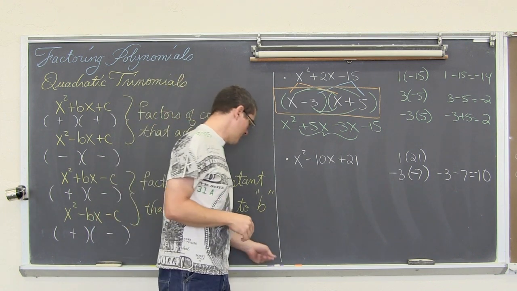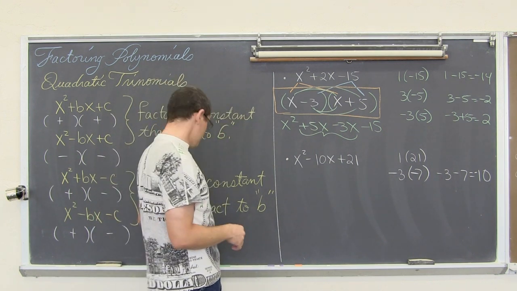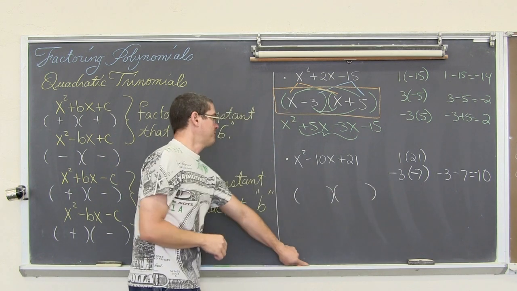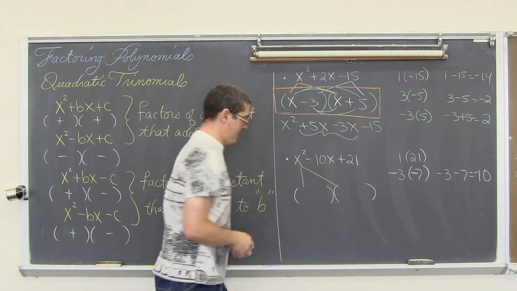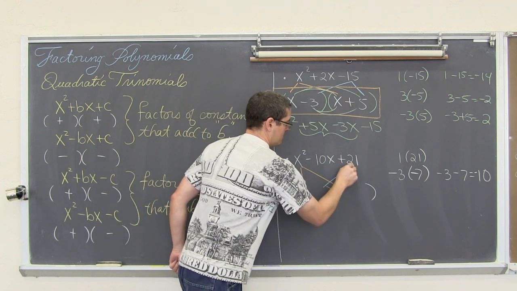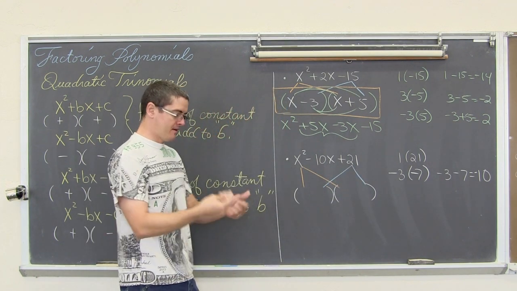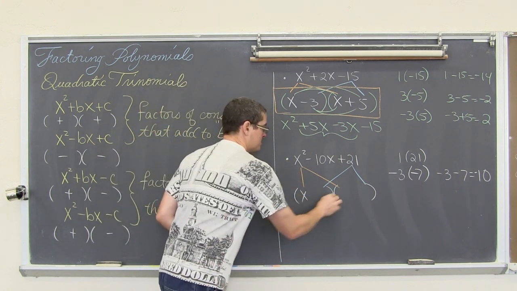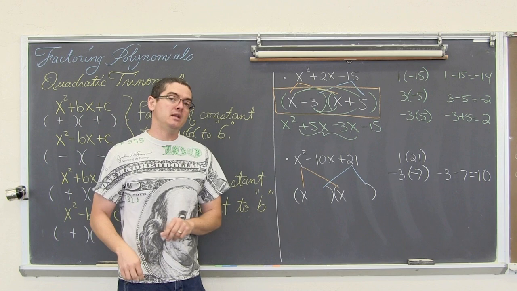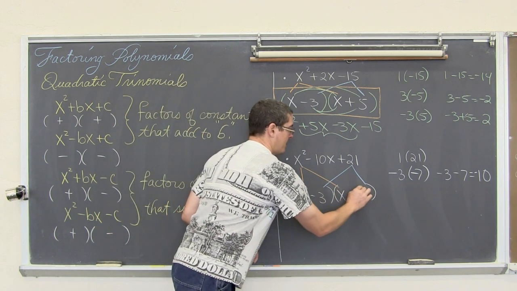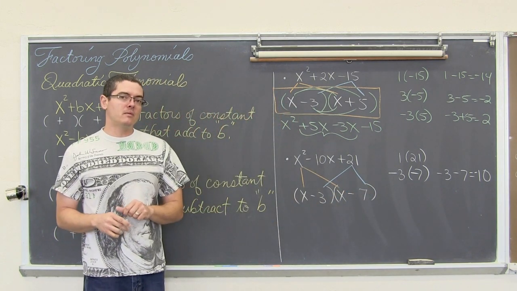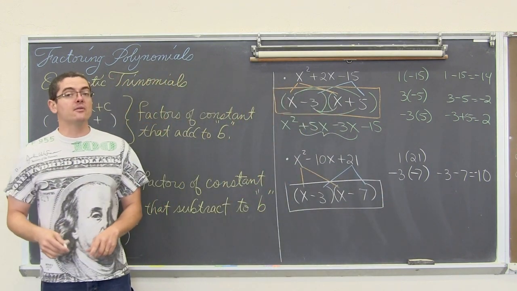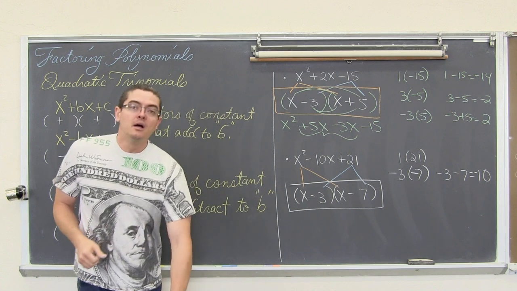At least the coefficient. So let's go ahead and get that in factored form. Factors of your first term go in your first two blanks. Factors of your last term go in your last two blanks. And we have factors of 1, or 1 and 1, so we have 1x and 1x. The factors of 21 that we need are -3 and -7. And again, if you want to make sure that answer is right before you have your teacher grade your work, distribute it together and make sure that it equals the original problem.